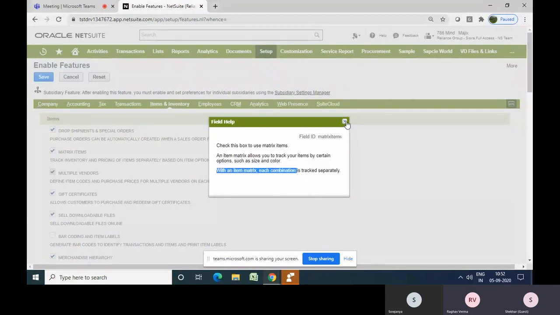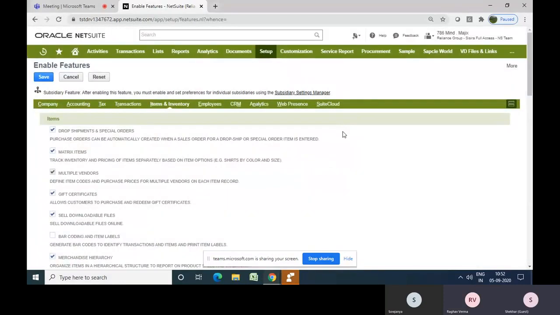Which means, if you have a shirt or t-shirt with different sizes and colors, you will be able to track how many t-shirts of color white and size L are available in your stock, how many t-shirts of color red and size small are available in your stock. Those kinds of things you'll be able to track.